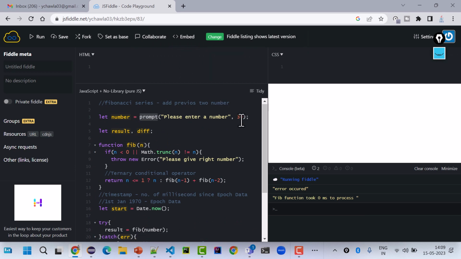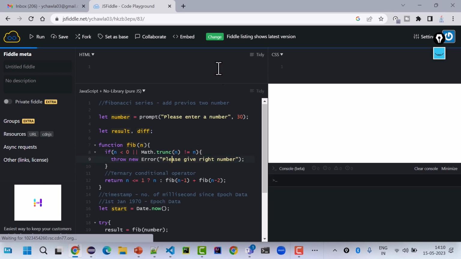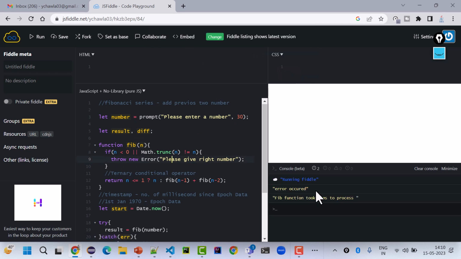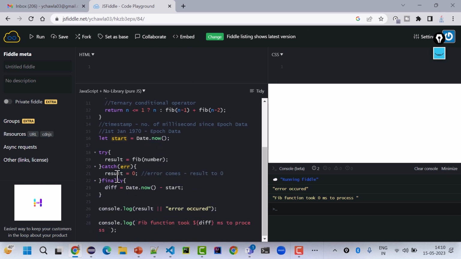This prompt is coming with the message and a default value. I introduced two variable, one function. If the number is less than 0 or not a number, I will give this error message. So here if I just give minus 90, let's say, it tells me error occurred because I didn't print the